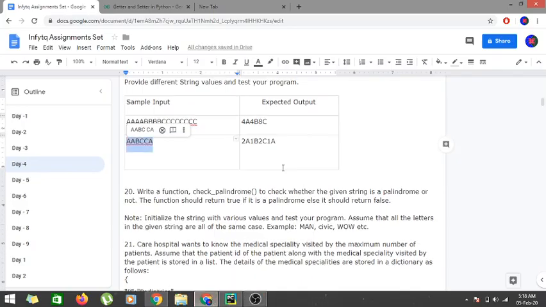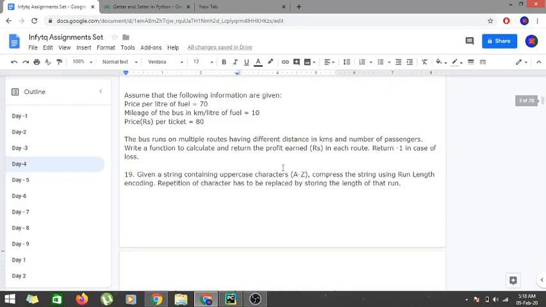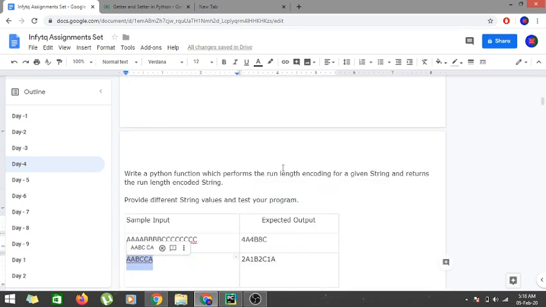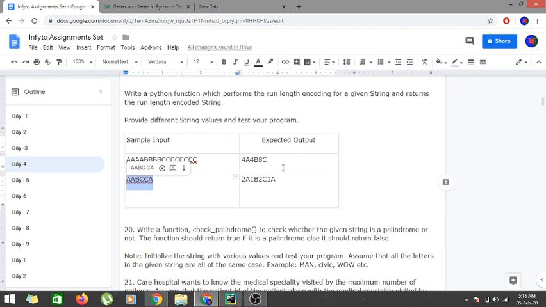Hi guys, we are continuing with our day 4 solutions for InfyTQ selected problems, and we are now in the third problem for our set of problems, and we are in the 20th problem overall. In this problem, it is a much simpler one where we have to check whether a particular string is a palindrome or not. So you know that in a palindrome string, the half of the string is a mirror image of the other half. Okay. So in order to check that,